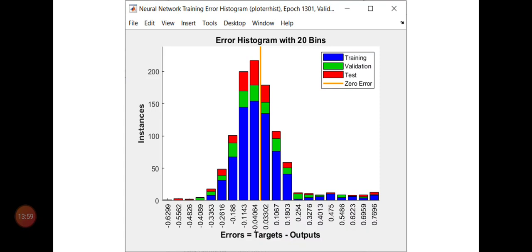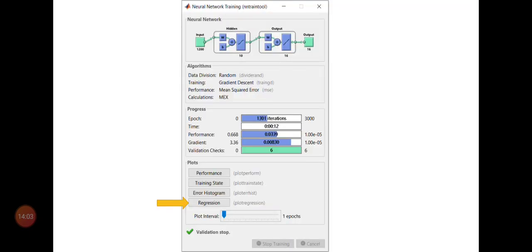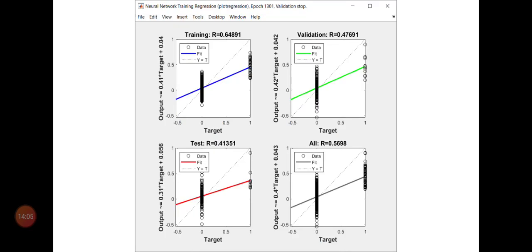For all 3 cases, you are going to get your error histogram. Next, you need to click the regression point. So you are going to get these 4 regression plots for 4 different R values: for the training, for the validation, for the test, and then for combining all 3.